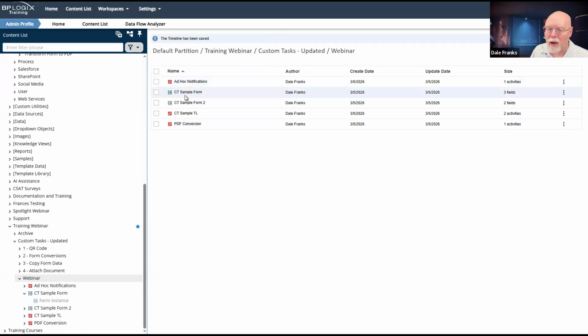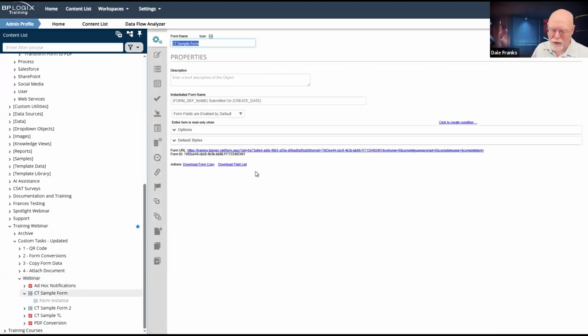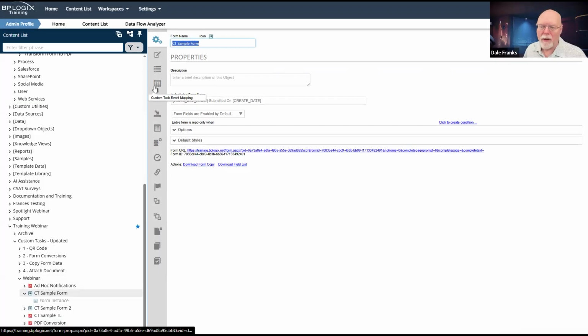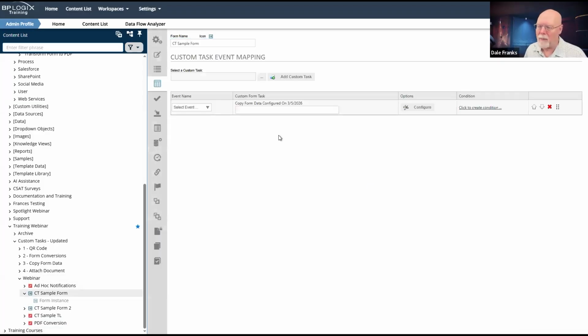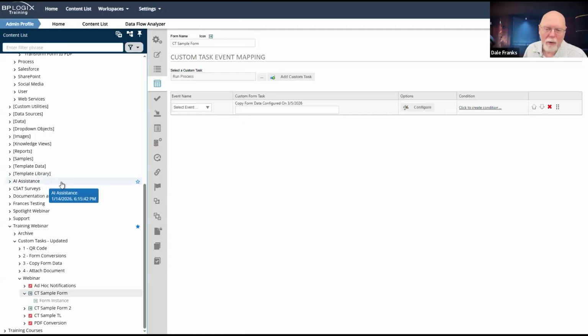This often comes up in the context of a form. I need to make my form do a notification or a series of ad hoc notifications. Okay, cool. What we're going to do is go to custom task event mapping, and we will add, once again, run process.